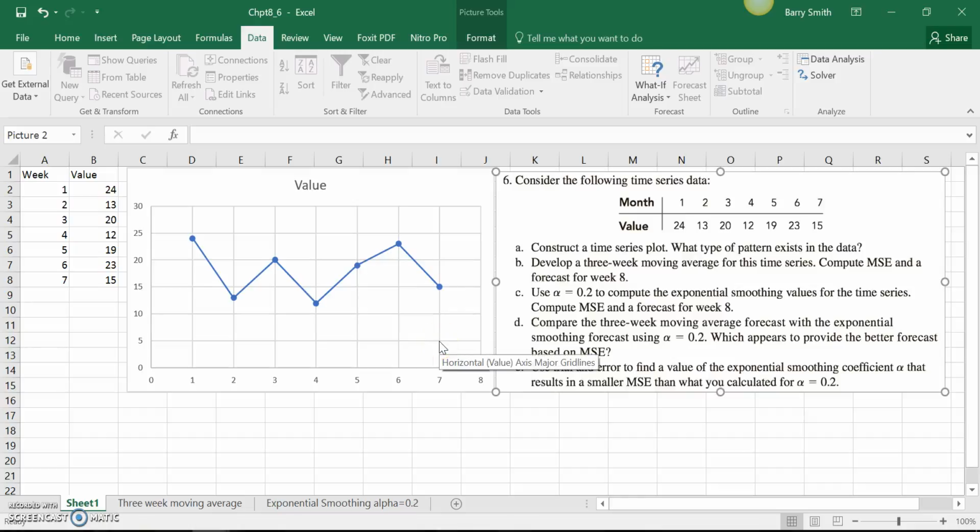Okay, so I'm going to start and do a few videos hopefully for this chapter 8. The first one I'm going to do is number 6, and we're supposed to consider the following time series data. And we're supposed to construct a time series plot and say what kind of pattern exists in the data, develop a